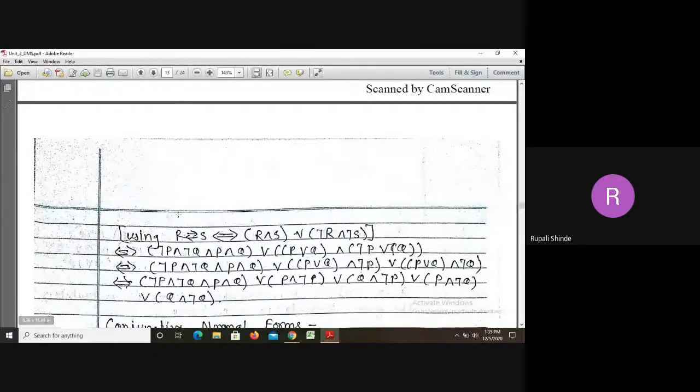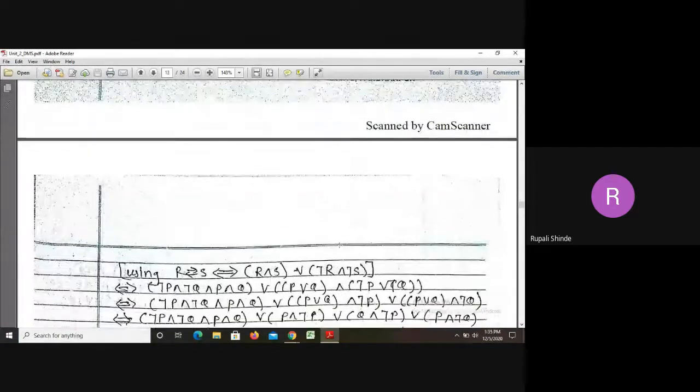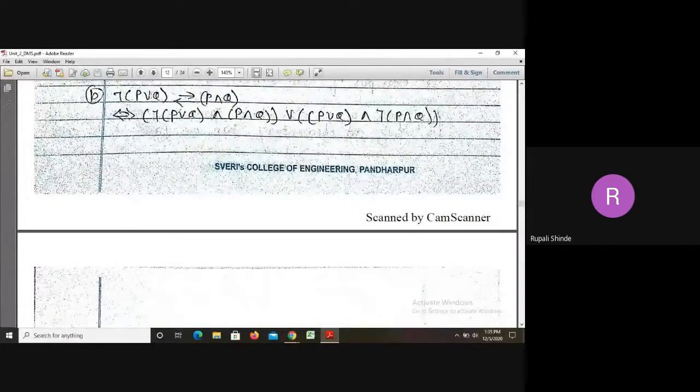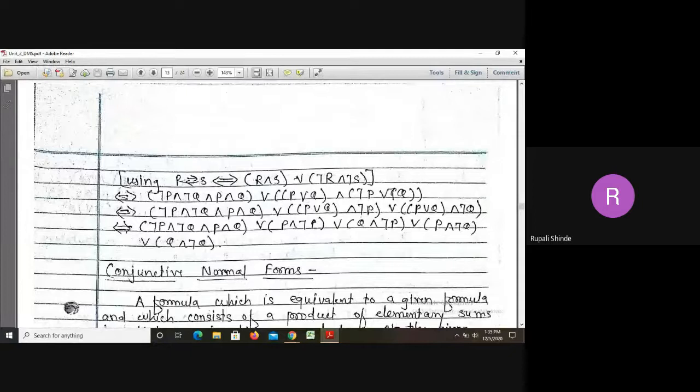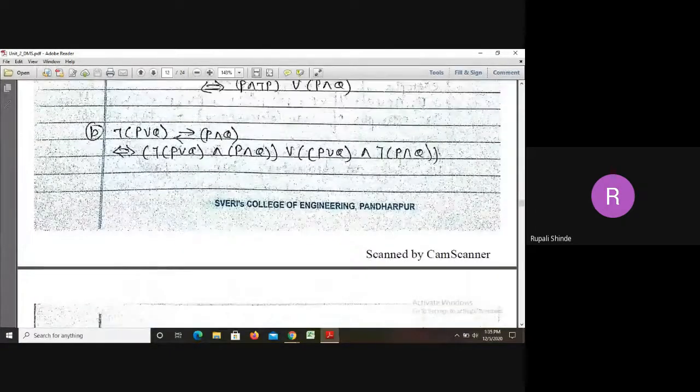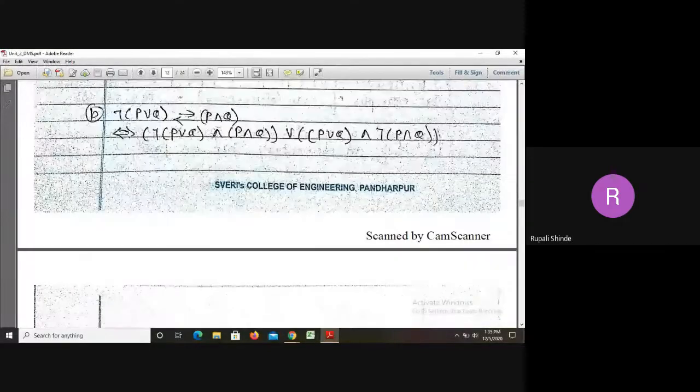So here they have given which formula we have to use. That is R biconditional S, and this formula is equivalent to R and S or negation R and negation S. So we just have to put here the values of R and S. In this formula, the value of R is negation of P or Q, and the value of S is P and Q. So just replace using the respective terms: negation of P or Q is the value for R, and the value of S is P and Q, or the negation of R, that is negation of negation